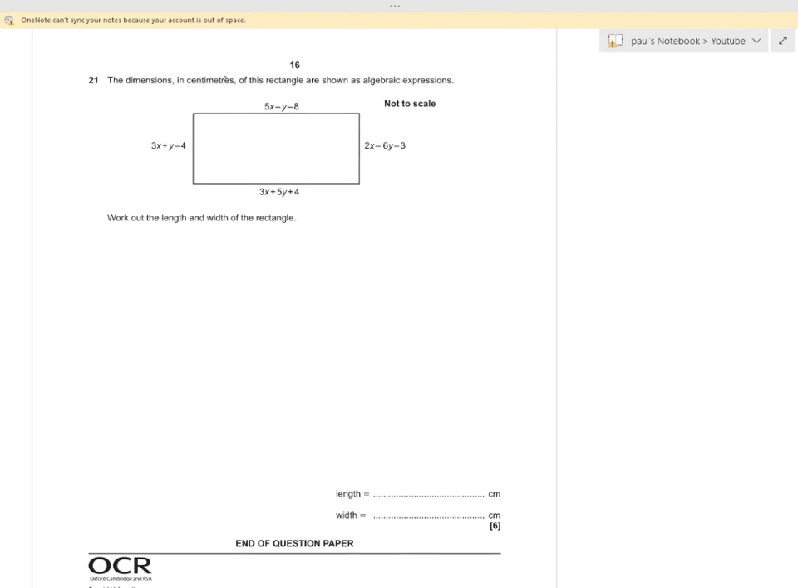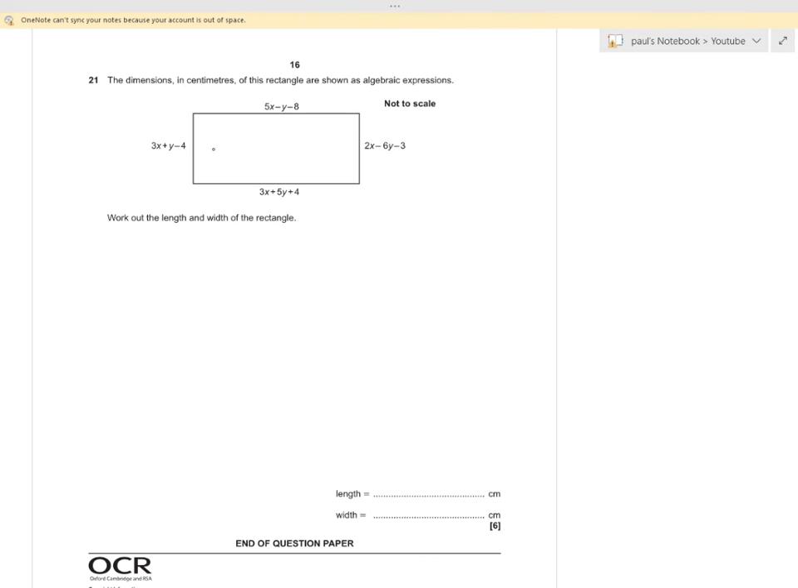Anyway, the dimensions in centimetres of this rectangle are shown as algebraic expressions. Last question. This is bound to be tricky. Work out the length and width of this rectangle. Now, what can we do here? Now, the opposites are equal to each other, aren't they? So if we go that equals that,